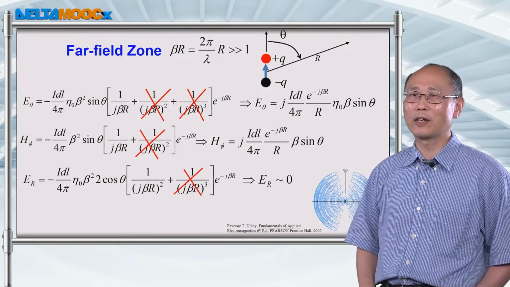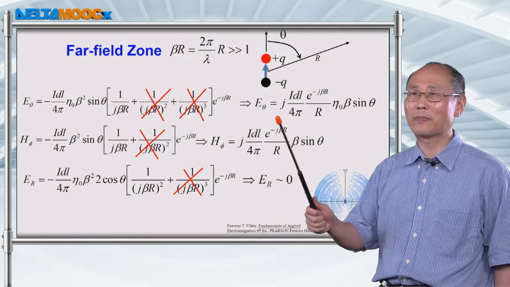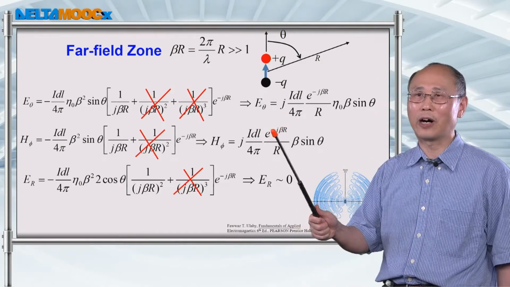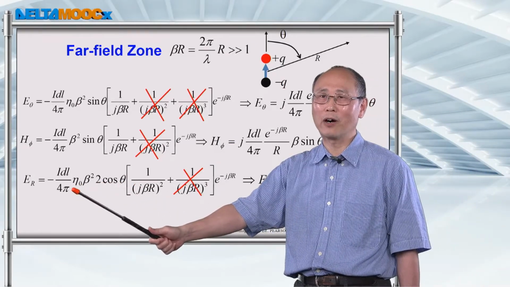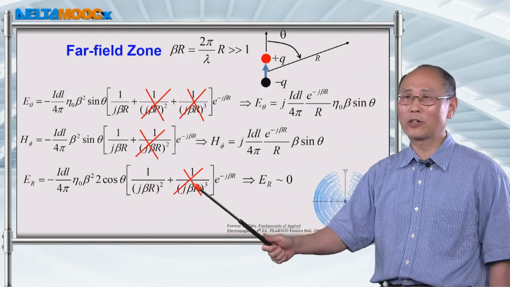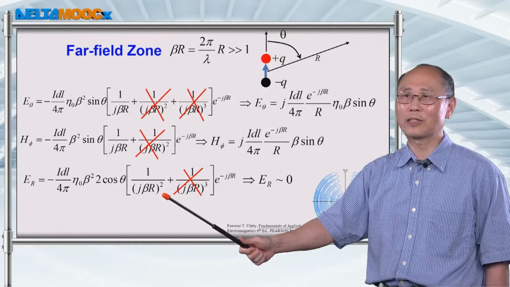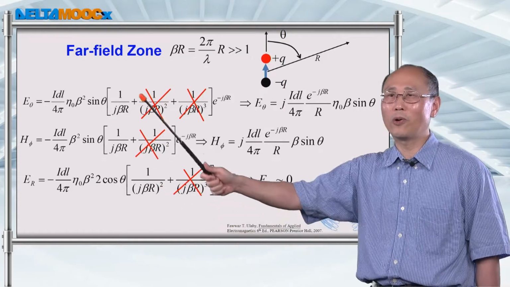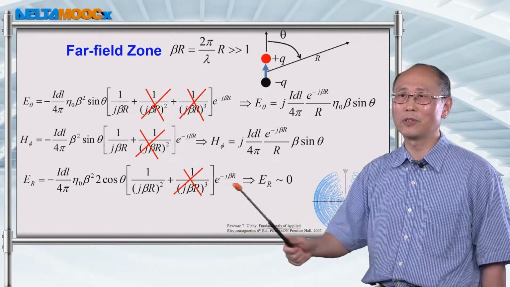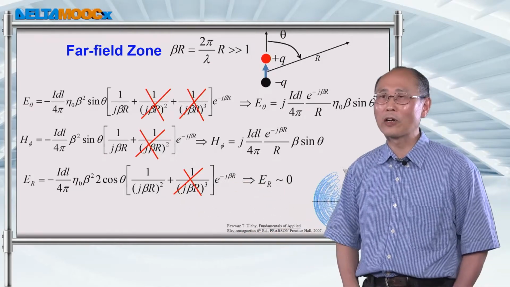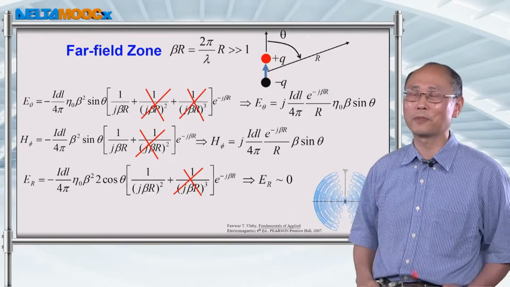So this means that when we calculate the Poynting vector, you're going to get some net value radiating along the r direction. And we can also calculate the r component of the electric field. But when you cross out the third order term, you can only keep the second order term. Compared with all other first order terms, this second order term is going to be small, so that's just right for the r component electric field to be almost zero compared with these two terms.